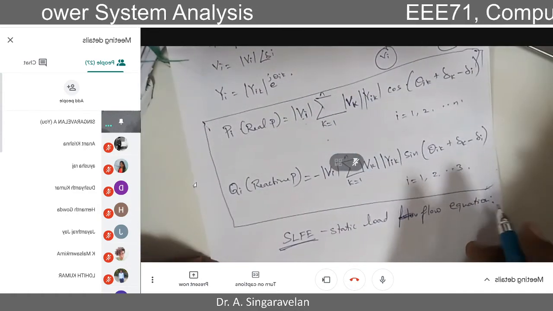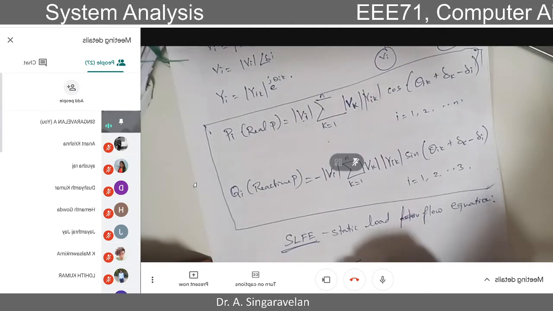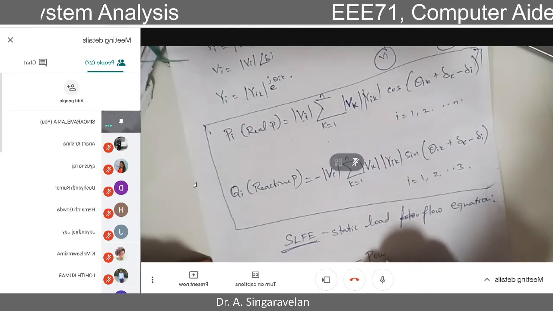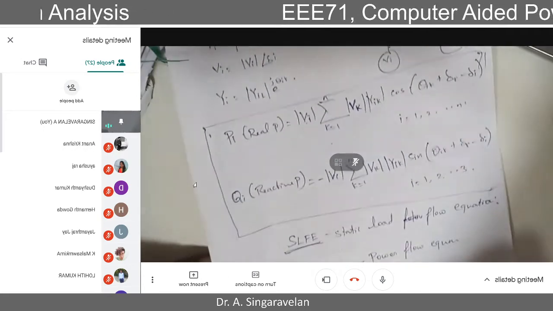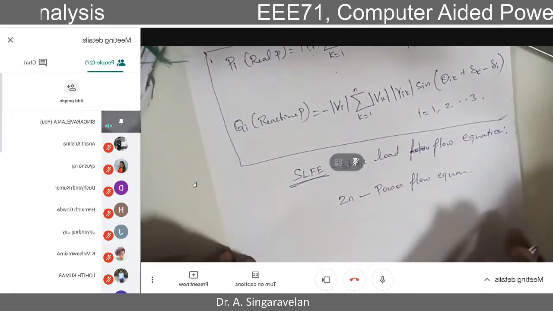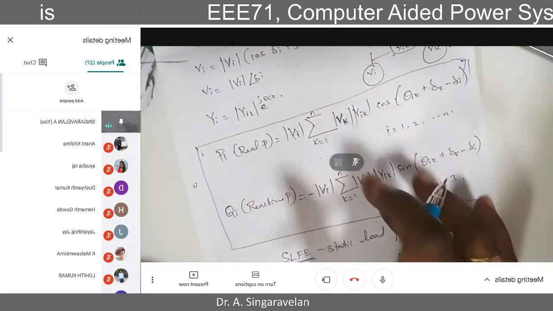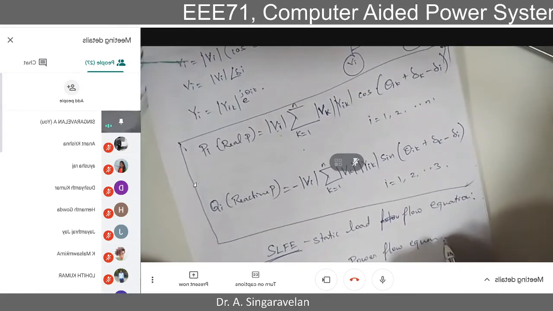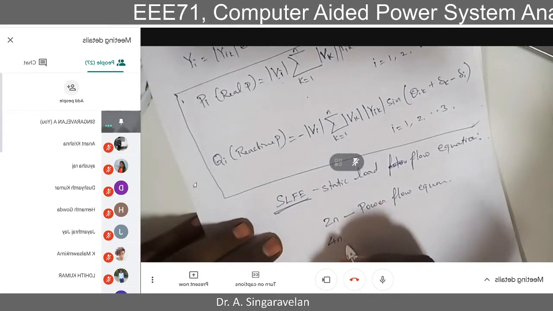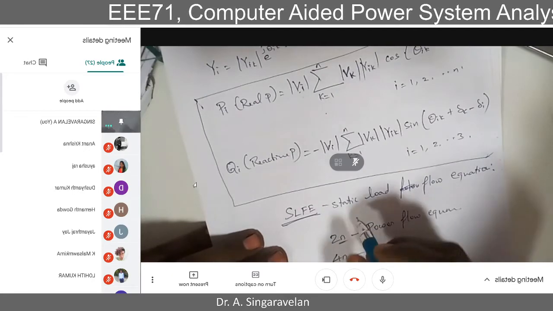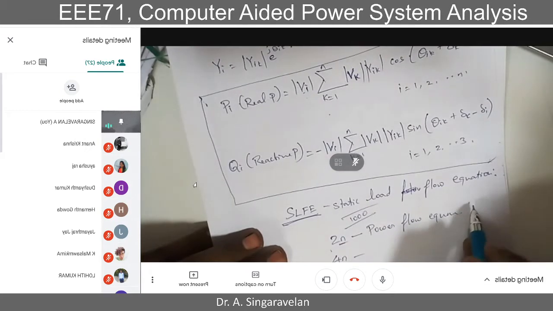These two are how many equations? 2n, meaning there are 2n power flow equations. Why do we need this 2n and 4n? Because it reflects the complexity of the system. We are definitely going to solve these two equations. The power flow equations number 2n, and there are 4n variables. For example, if you have a 1000 bus system, you multiply by 2 and you get that many equations.